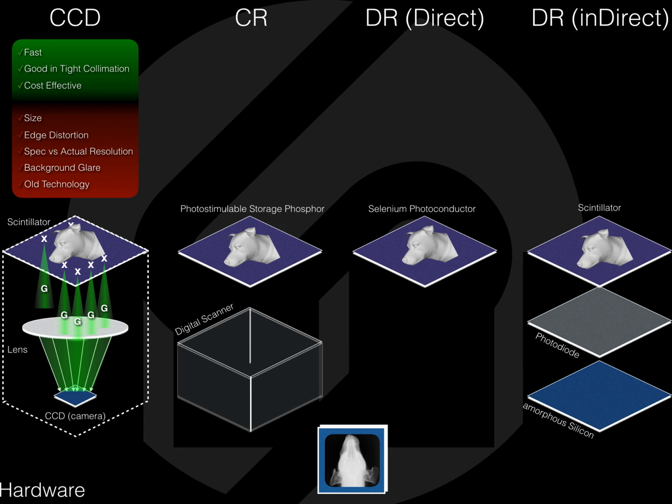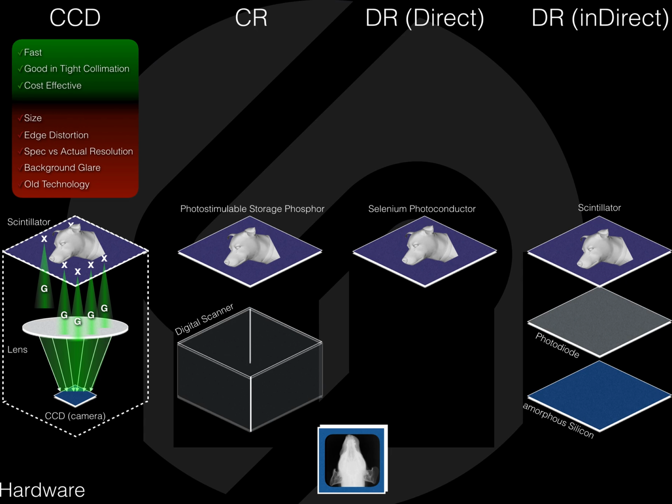There are, however, several disadvantages of this system. Compared to the flat panel detectors that follow, the form factor of CCD systems is quite large, making them less convenient. Also, when the collimation is wider so that the light passes closer to the outer edge of the lens, there will be a distortion along edges of the image. This comes from using a spherical lens to focus light onto a flat surface. And you may have seen pictures of square grids imaged on CCD systems that appear to have curved lines along